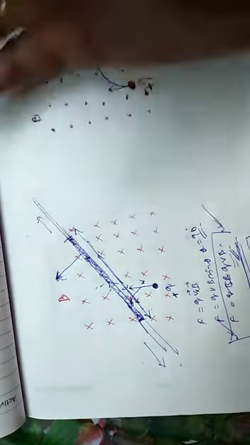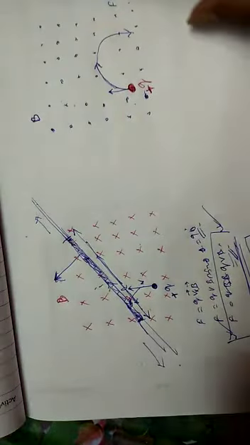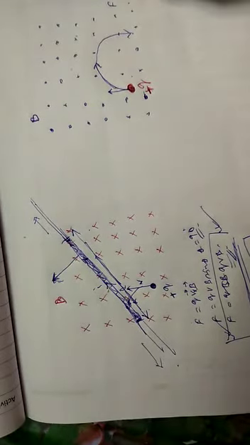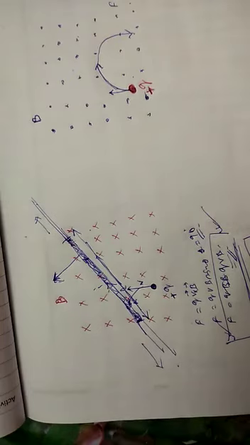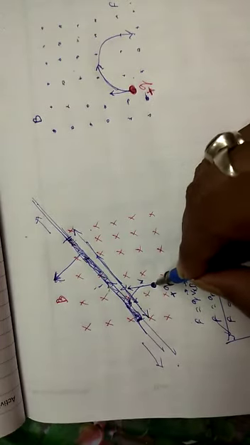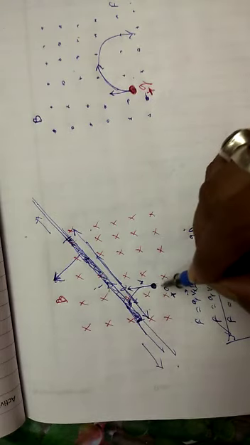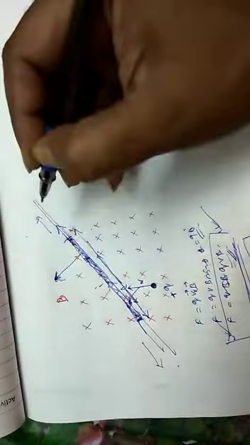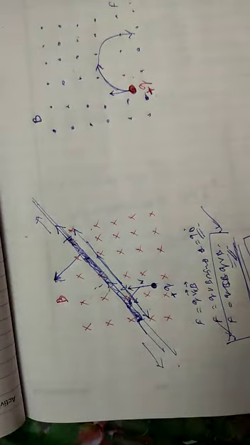So let's see how the right hand palm rule works. Either you have to use Fleming's left hand rule or the right hand palm rule. For the palm rule, Q is either the direction of the positive charge or the direction of current. So if the current is flowing in this direction, from Fleming's left hand rule we get the force. Let's verify it using the right hand palm rule.